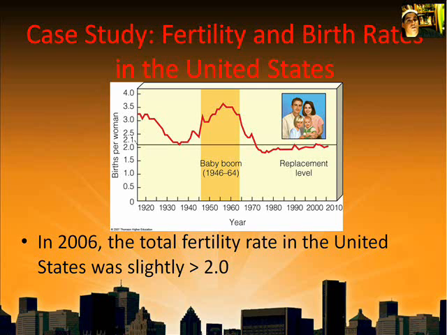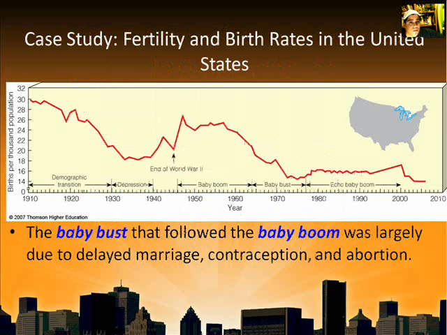And there's a word here that you need to take a look at. This word here is baby boom. And a baby boom is a period where there is a large increase in the rate of births, and that happened between 1946 and 64. And we'll take a look at that in a second and see what kind of happened here. There was also a baby bust, and we'll take a look at those two terms in a second.